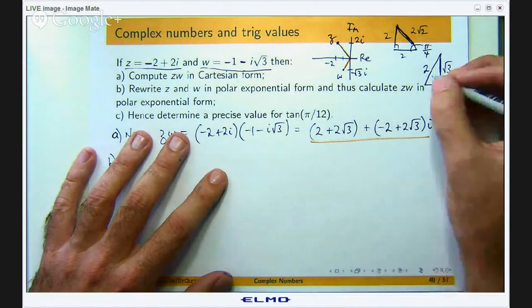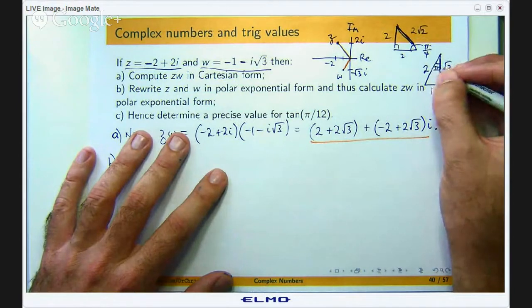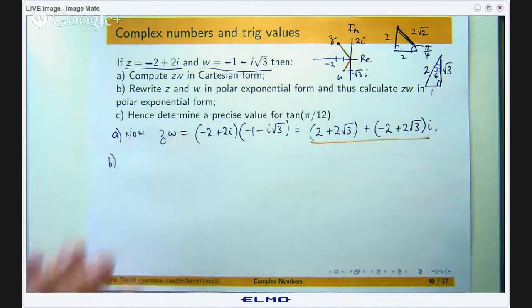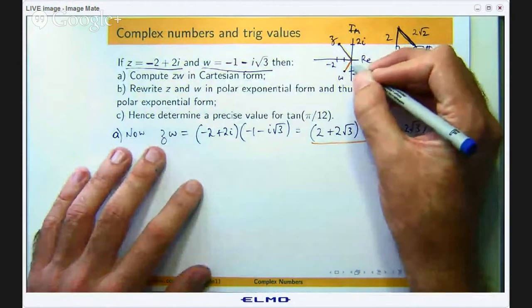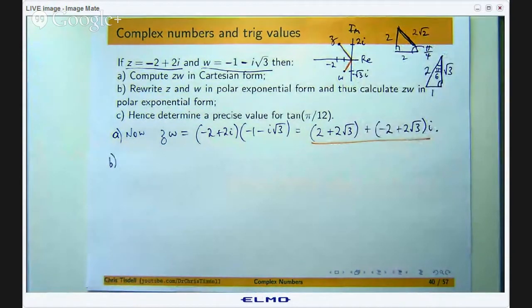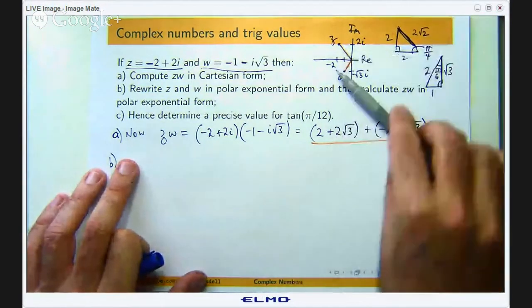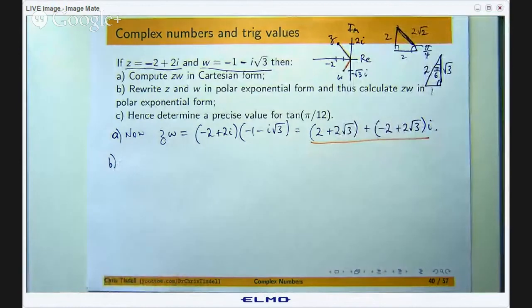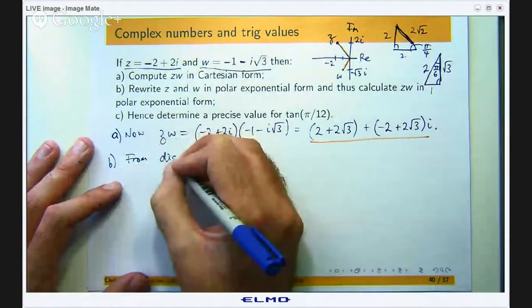And then using trig, this angle here is going to be pi on 6, or 30 degrees. So if that little angle in there is pi on 6, the angle from the positive real axis is going to be pi on 2 plus pi on 6. So that's going to be negative 2 pi on 3 because we're rotating clockwise, whereas up here we were rotating anti-clockwise. Okay, so from our diagrams,